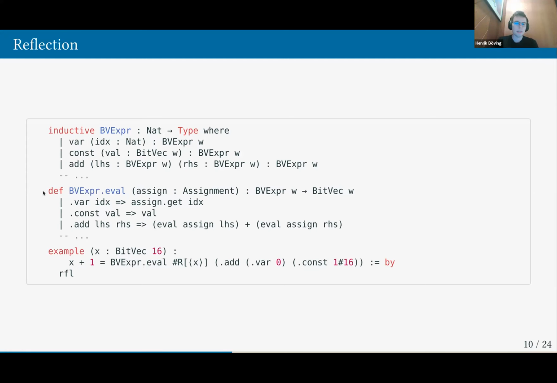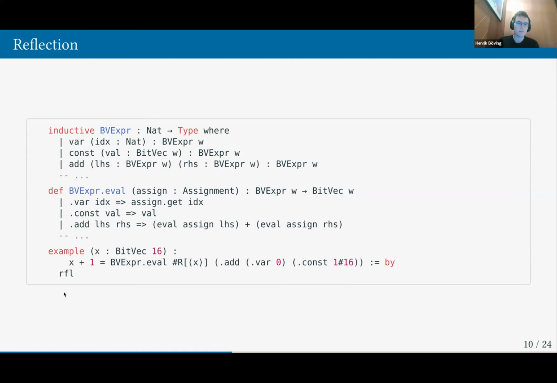And then you define some semantics of these expressions with respect to some variable assignment. And the cool thing is that you can now write a meta program that takes a Lean level BitVec expr, like x+1, and it produces a BVExpr over here that is then definitionally equal to the original BitVec